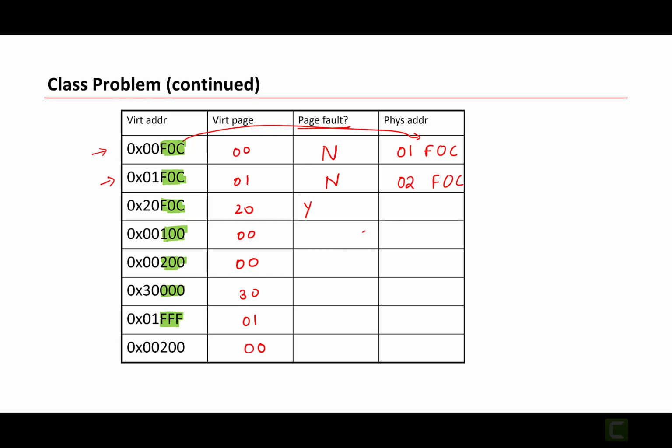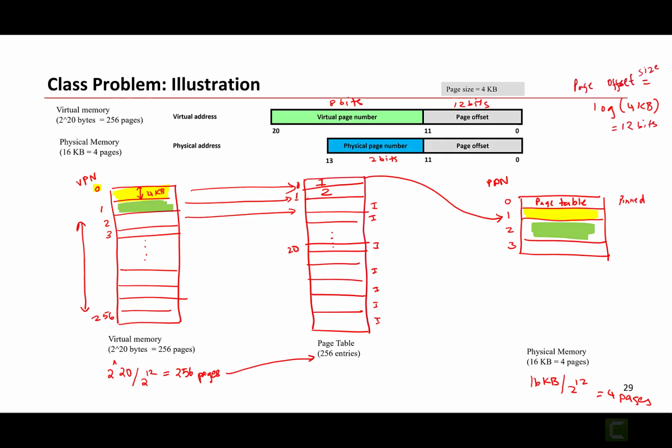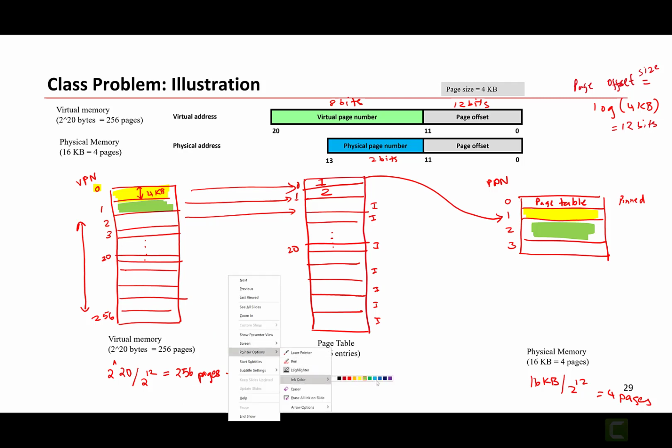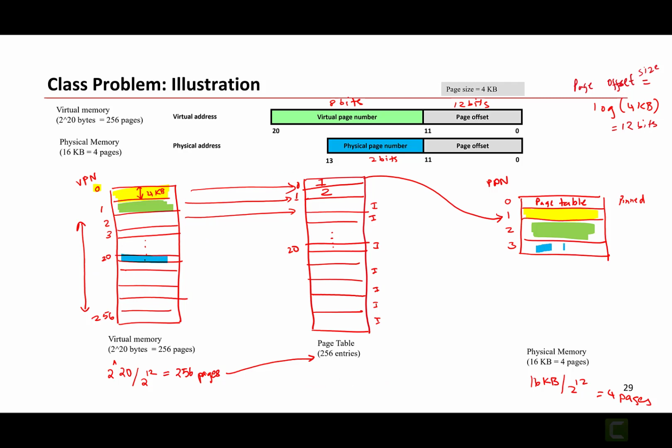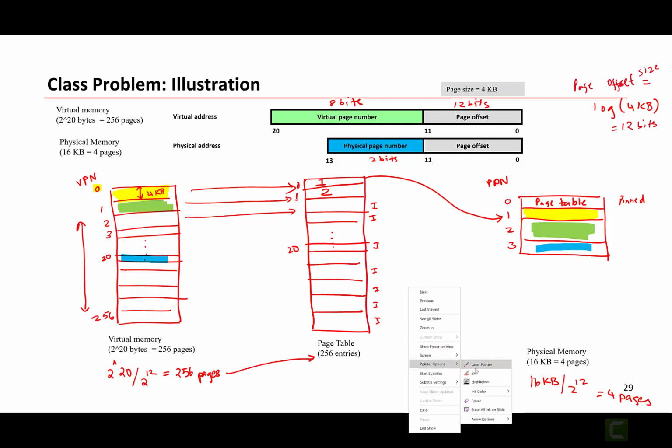and the operating system has to allocate a page for it. And so let's say I'm going to grab the remaining physical page, and I'm going to store this new data, let's say my new data for 20 is over here, and I'm going to do the same exercise I did before. Let me change the color to blue. So this data over here is going to be now stored over here, and the translation for that